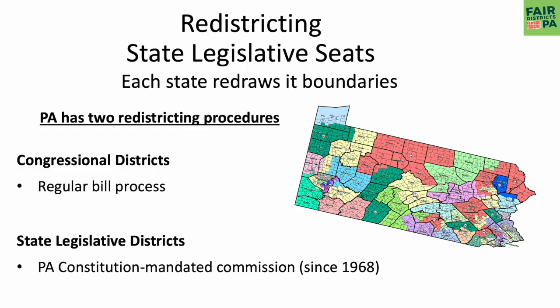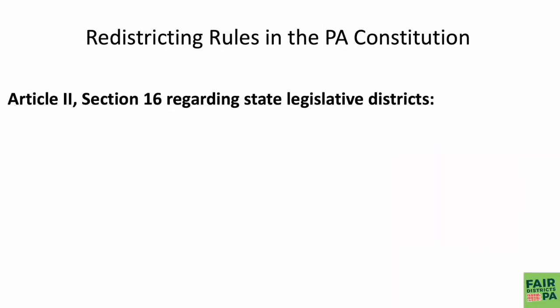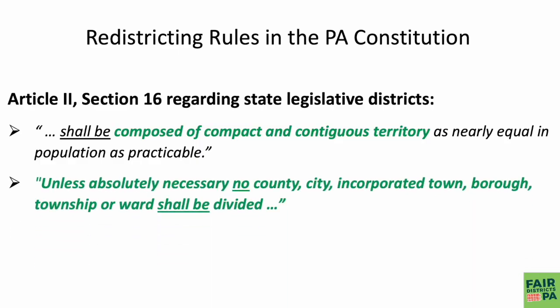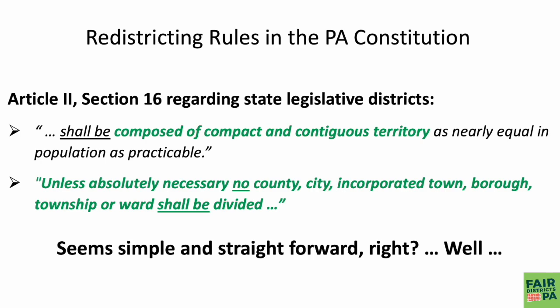Maps for our 203 state House seats and 50 Senate seats are drawn by a Legislative Redistricting Commission, or LRC, and that is created under the rules in our state constitution. The Pennsylvania Constitution requires 50 state Senate seats and 203 state House seats that are composed of compact and contiguous territory as nearly equal in population as practicable. And unless absolutely necessary, no county, city, incorporated town, borough, township, or ward shall be divided in forming either a senatorial or representative district. Now, this requirement has often been ignored in order to benefit the party in control of the mapping process. This might seem pretty straightforward, but